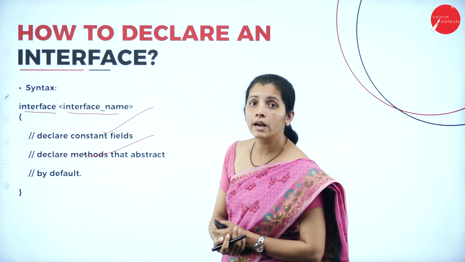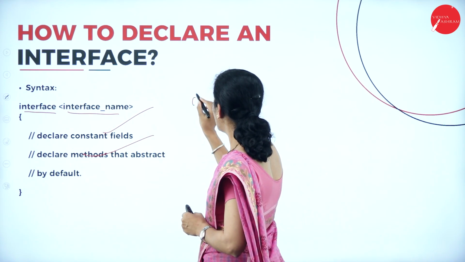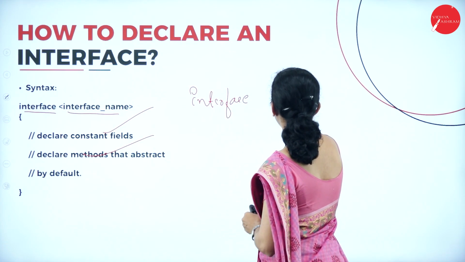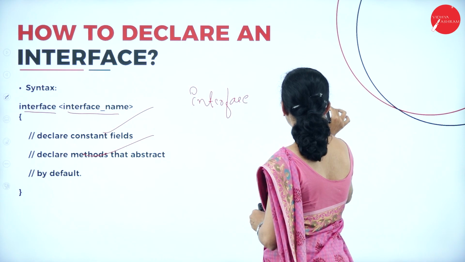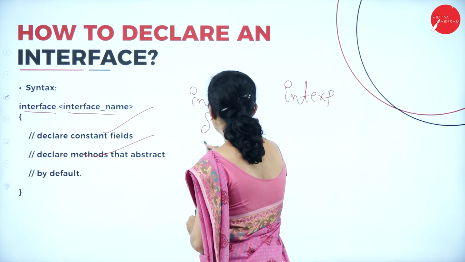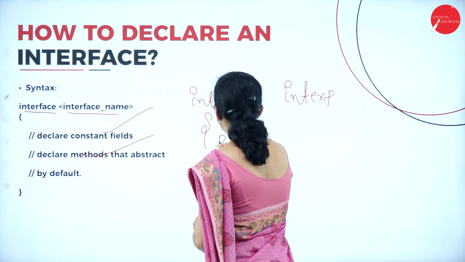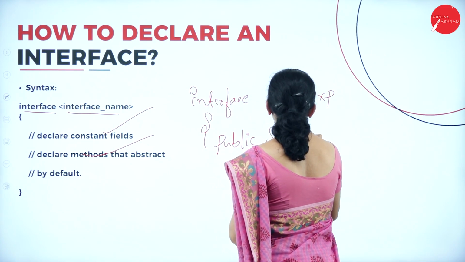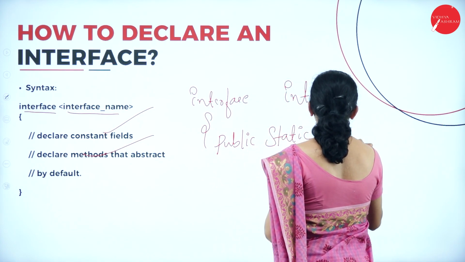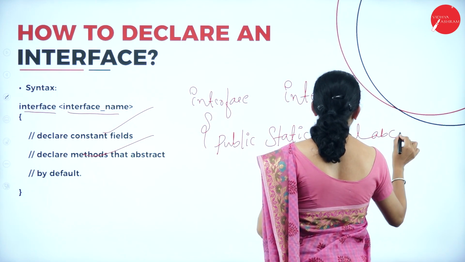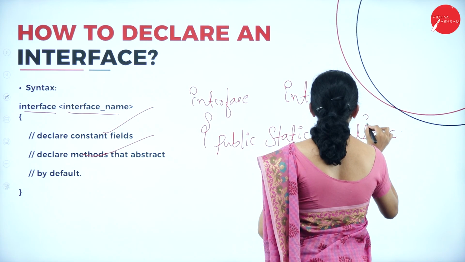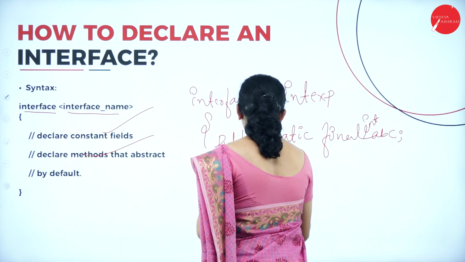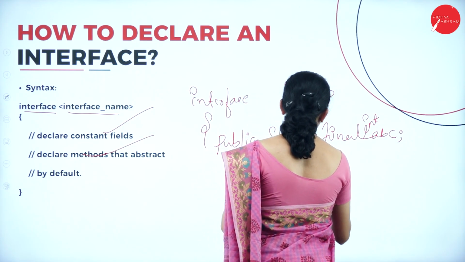Now, let me write an example here: interface example, I will write int exp. Then I am going to write public static final int ABC, then abstract display